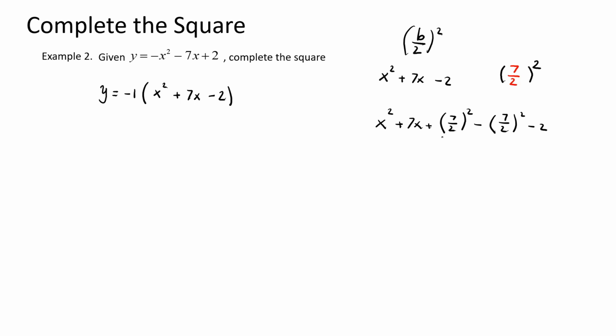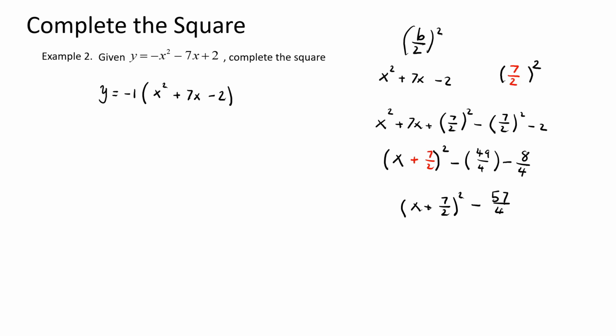And we said the first three terms are going to factor into a perfect square. So that will be x plus 7 over 2 squared minus 49 over 4. And now we're going to convert the negative to the common denominator, which is negative 8 over 4. And we will have x plus 7 over 2 squared minus